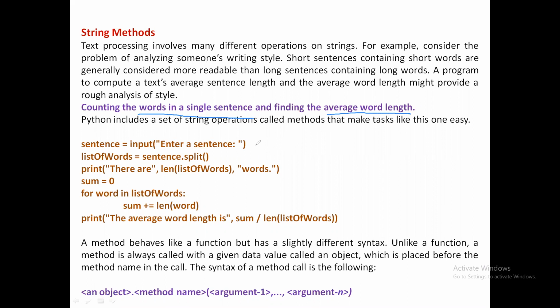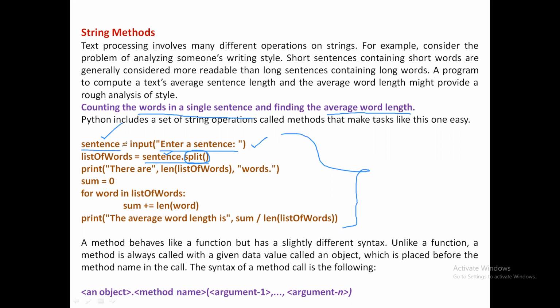For that I'm just using the input function to ask the user to enter a sentence. Once the user enters the sentence, I'll keep it inside this variable sentence. Then there is a function called split. I will explain about these functions later. I'm just explaining a simple example here to understand the importance of text processing. We will call this split method on this string object by using the syntax sentence.split, which returns all the words of the sentence.